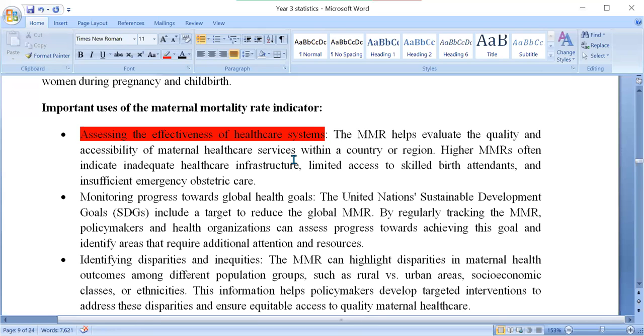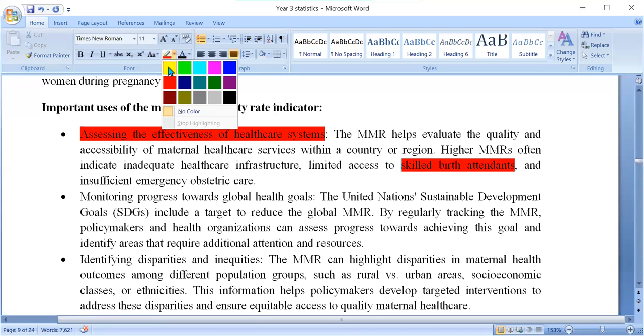Okay, so a higher MMR often indicates inadequate health infrastructure. You see, no good hospital, no facilities, or limited access to skilled birth attendants. How many CHEWs are there? How many doctors? How many CHOs are there in the health center? It will also help us to know. Okay. And then